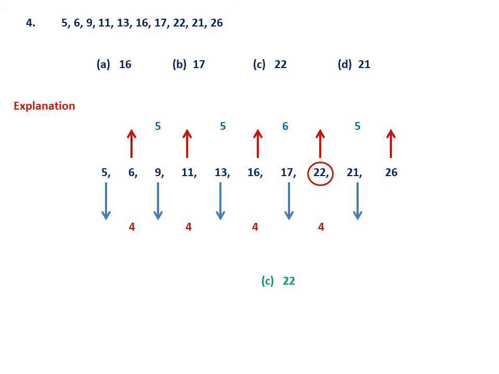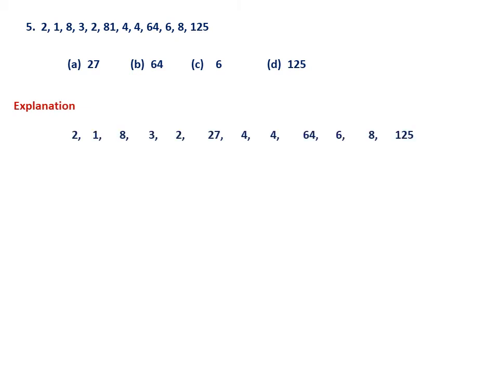This is the last one, because in each category I will be taking 5 questions so that I can cover maximum number of types of questions before you write the examination. Next, this is also a comparatively big series. 2, 1, 8, 3, 2, 8, 1. See, 2 is repeating, 4 is repeating, like that. So what is the speciality of this one? So here also it is a mixed series actually. Let me write the series 2, 1, 8, 3, 2, etc.